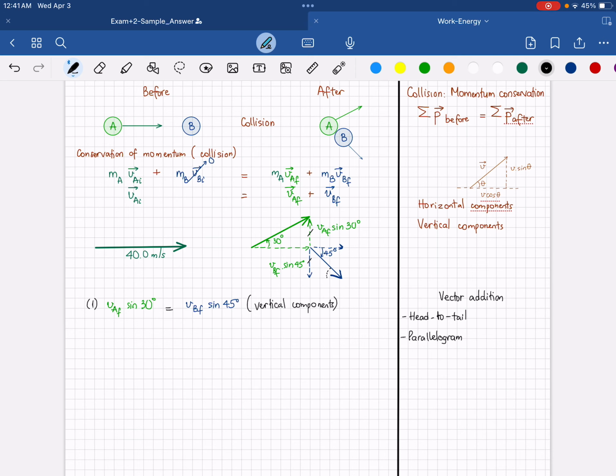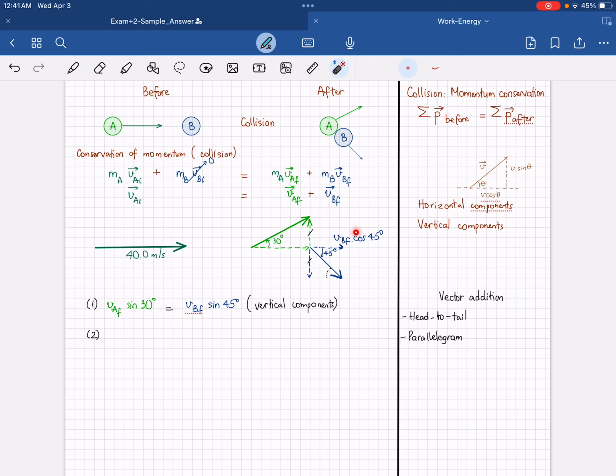So what about the horizontal components? That should give us the second equation, right? We can see that the horizontal component is this one. That should equal the horizontal component of this one added together with this one. So how can we calculate the length of this one and this one? I will remove this so we have more space. For this one, this length here should be the hypotenuse VBF times